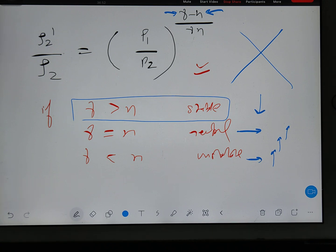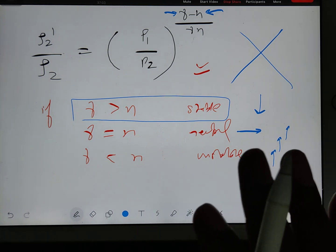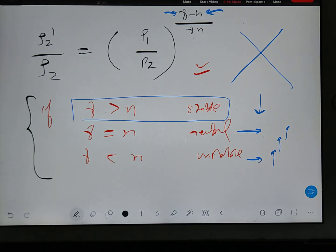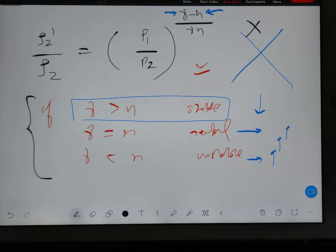But in GATE exam they will not ask these type of questions. But there is something called adiabatic lapse rate, another thing. So that adiabatic lapse rate we used to calculate using formula. This thing is important, this formula is not important. Now I am giving you adiabatic lapse rate. Changing the page. Take down